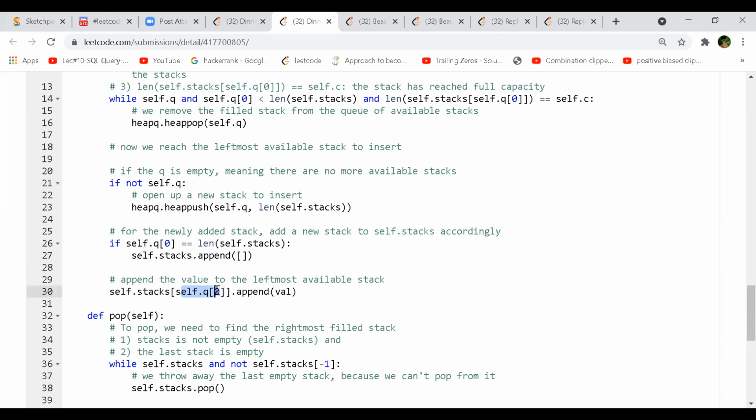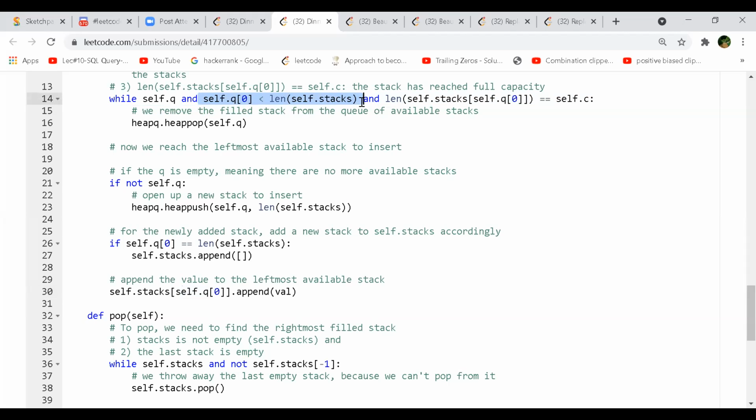What is the priority queue you are using for? To check whether the stacks are available or not, like which stack is available. So it is sorting on what basis? The size of the stack? It's based on the current length of the stack. Actually it will be the index of the stack, until which index it is full, the highest index. It should be the min heap.